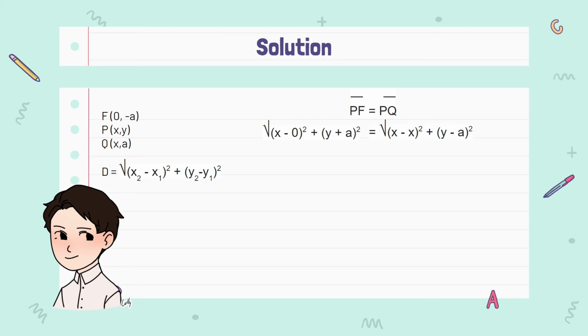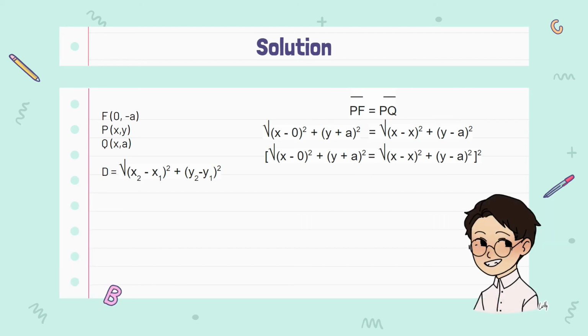Now we will need to eradicate the radical signs by squaring both sides. The equation now will be quantity (x minus 0) squared plus quantity (y plus a) squared is equal to quantity (x minus x) squared plus quantity (y minus a) squared. After that, we will simplify the equation further. x minus 0 is x raised to the power of 2, which is x squared, plus quantity (y plus a) squared. Since this is a square of a binomial, we will use the FOIL method, and the result will be